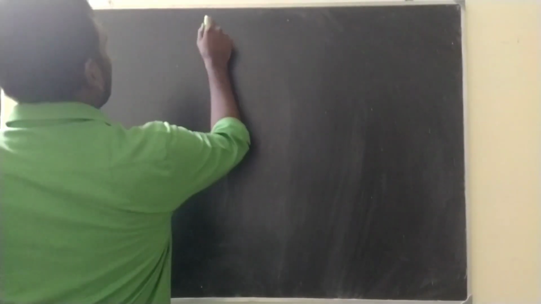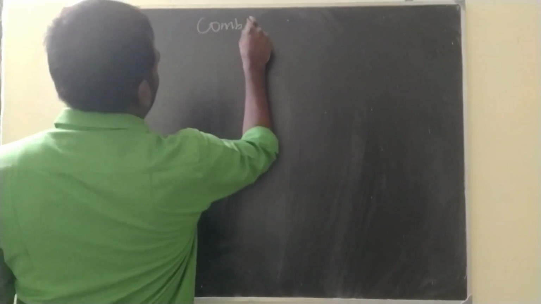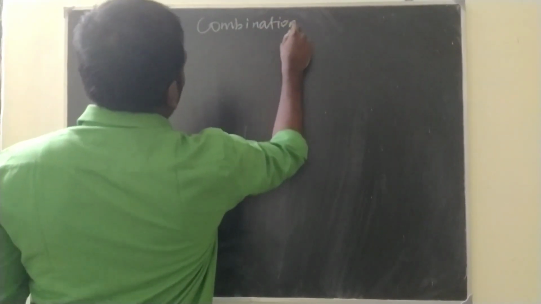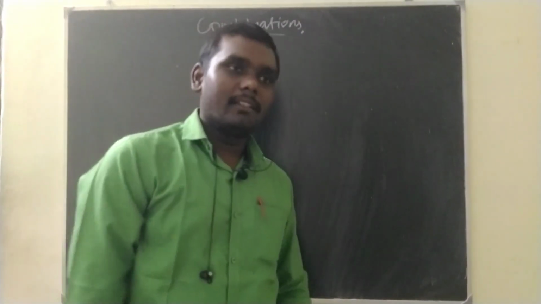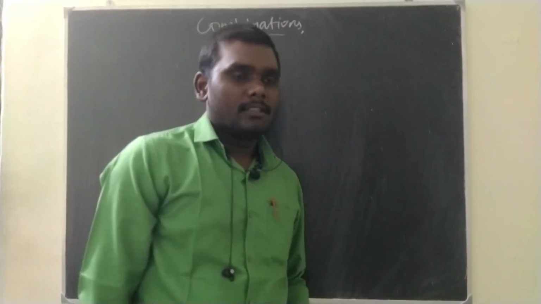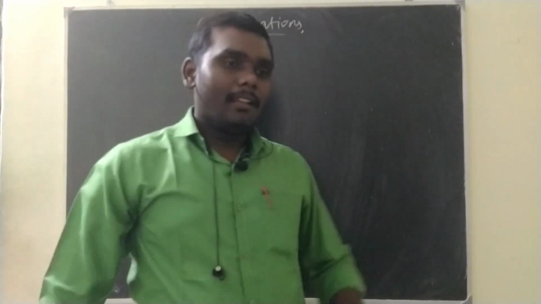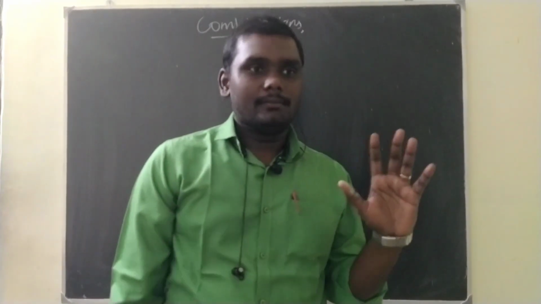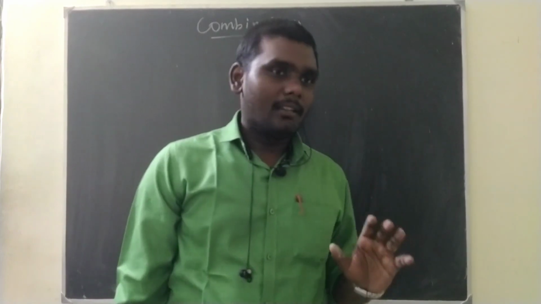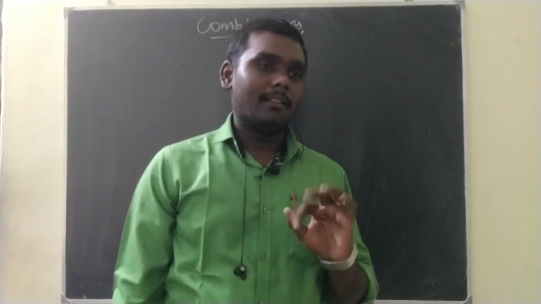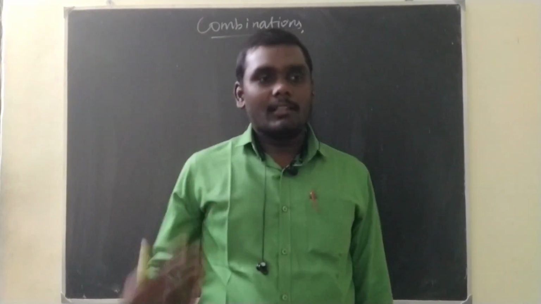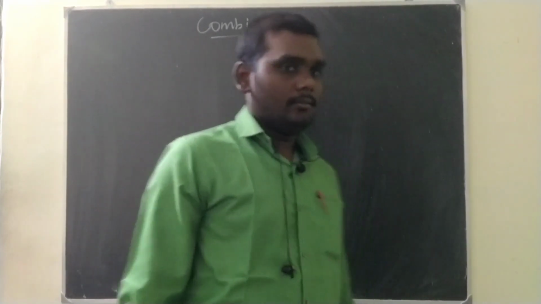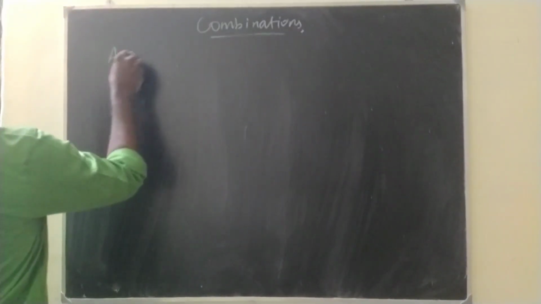Combinations. What is combination? Previously we have seen what is permutation. Permutation means an arrangement of given n dissimilar things taken r at a time or sometimes all at a time. Also, combination means a selection that is made